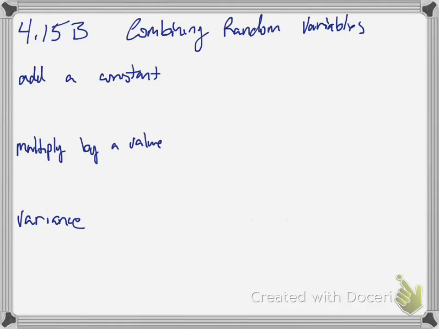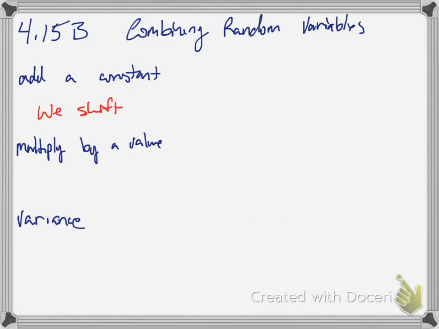Okay, so we are here as our first video, part 4, chapter 15b. First we need to go back to part 2 and think about what happens when we shift our data by adding a constant. Remember, we want to talk about adding a number to each piece of our data. What changes there? When we add a constant, that is when we shift